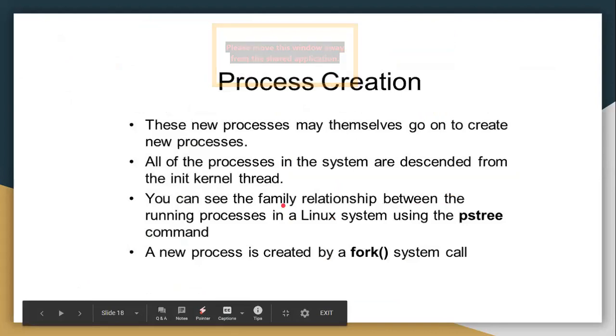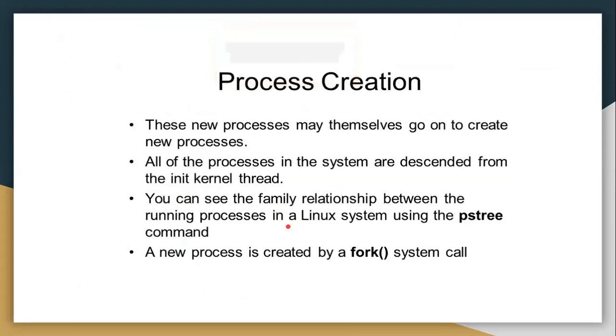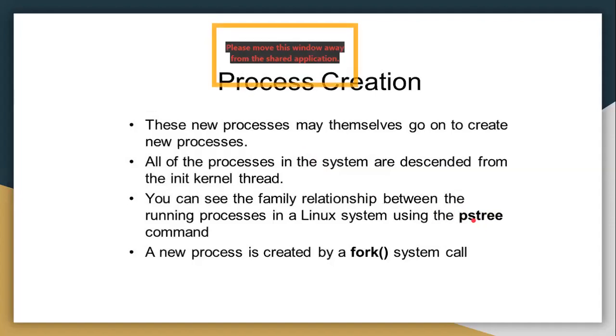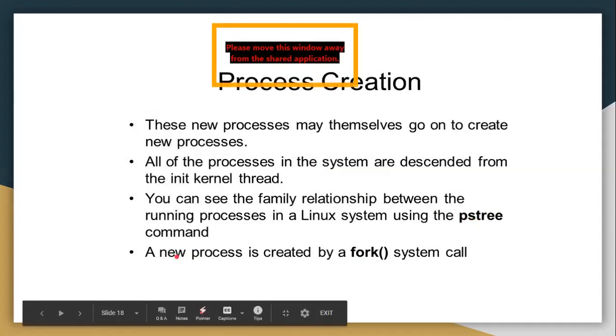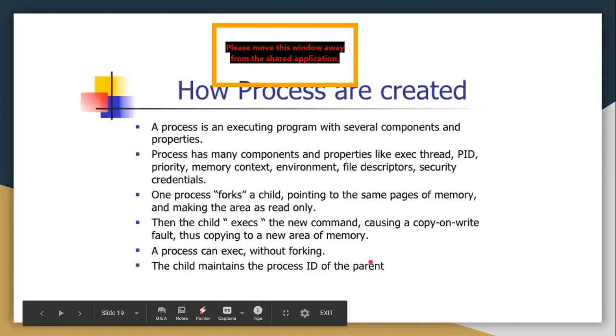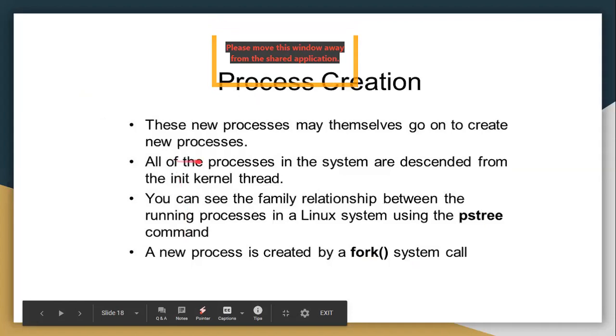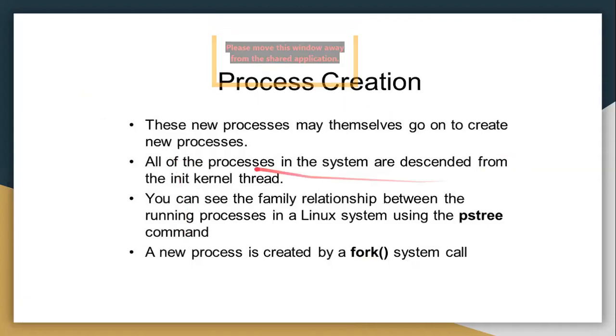Then we discuss the process and the program. I've discussed this also: what you mean by a program and what you mean by a process. Fine. By the pstree command, you can see the list of programs and their hierarchies, and any new process is created by a system call. We'll discuss a few system calls, and one of them is fork. All the processes in the system are descended from the kernel. So the kernel will take care of your processes, which are initiated either in the foreground, in the background, or as user-defined processes.